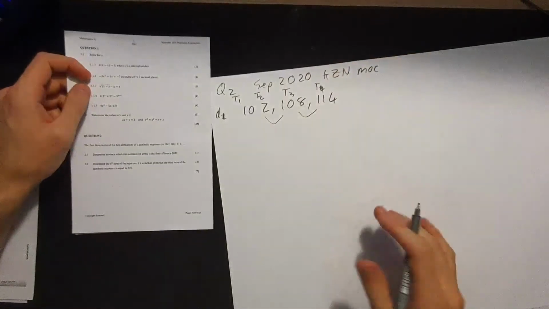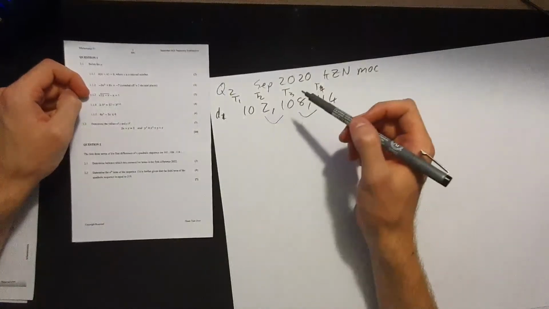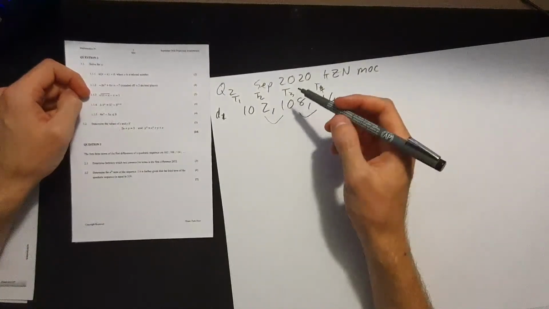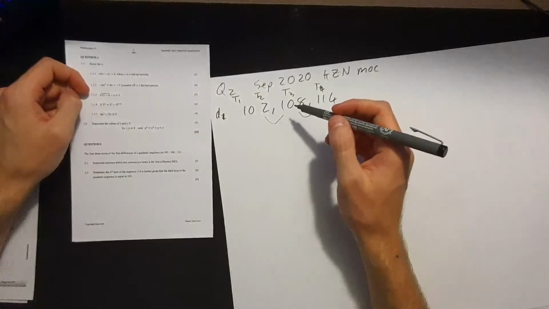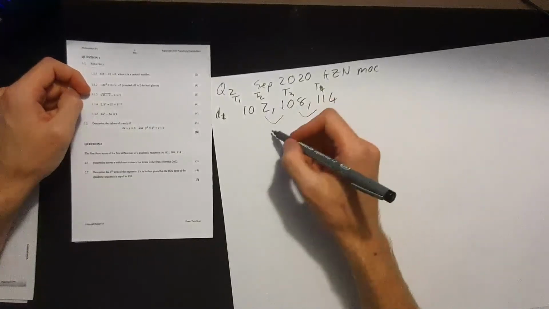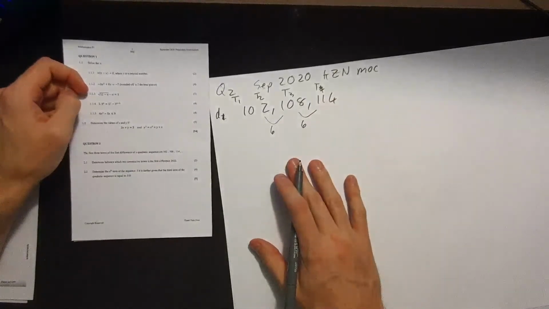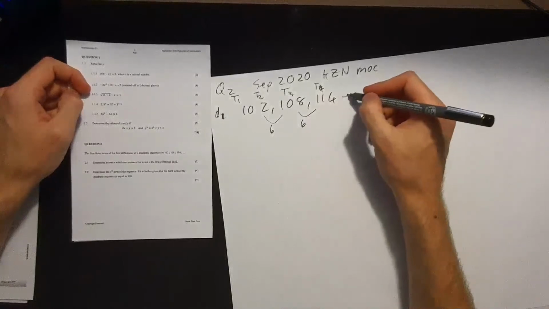Okay, so what you need to notice is this first difference here forms what kind of sequence? Okay, if you notice over there, we've got a first common difference here, and that is of 6 and 6. So we're dealing with an arithmetic sequence. So this is just arithmetic,